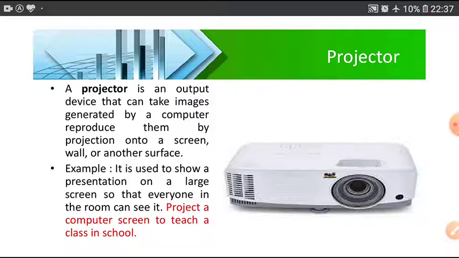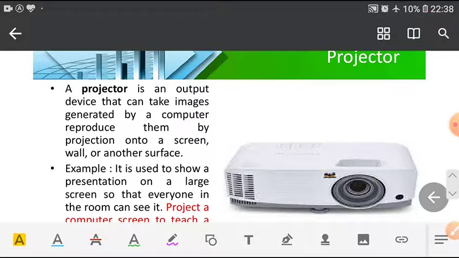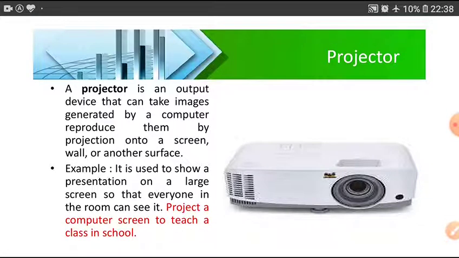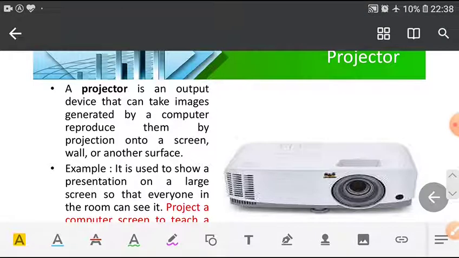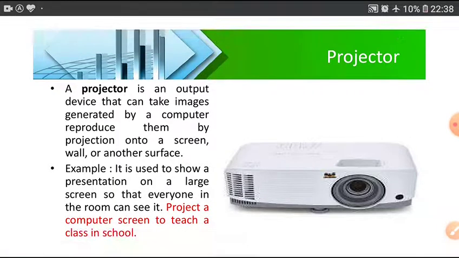Project a computer screen to teach a class in a school. In our school, in a smart class, there is a projector for displaying the output on the whiteboard, on the smart whiteboard.